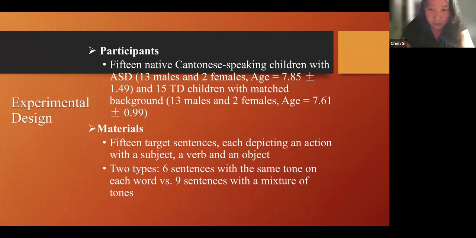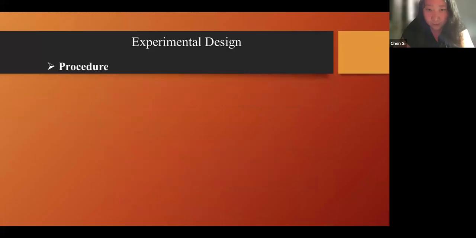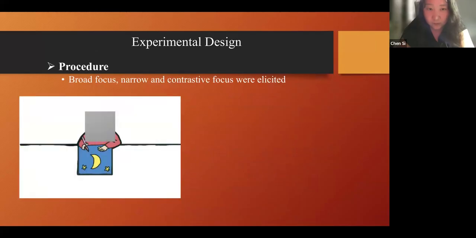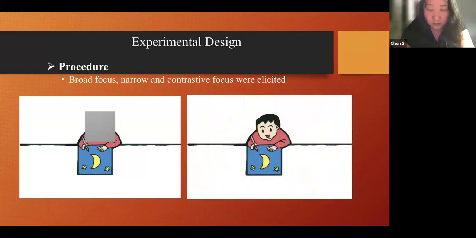And we also try to control the tones. So we have 6 sentences with the same tone on each word, and 9 sentences with a mixture of tones. And we also have 7 focus conditions. So we have broad focus, narrow focus, and contrastive focus with different positions.